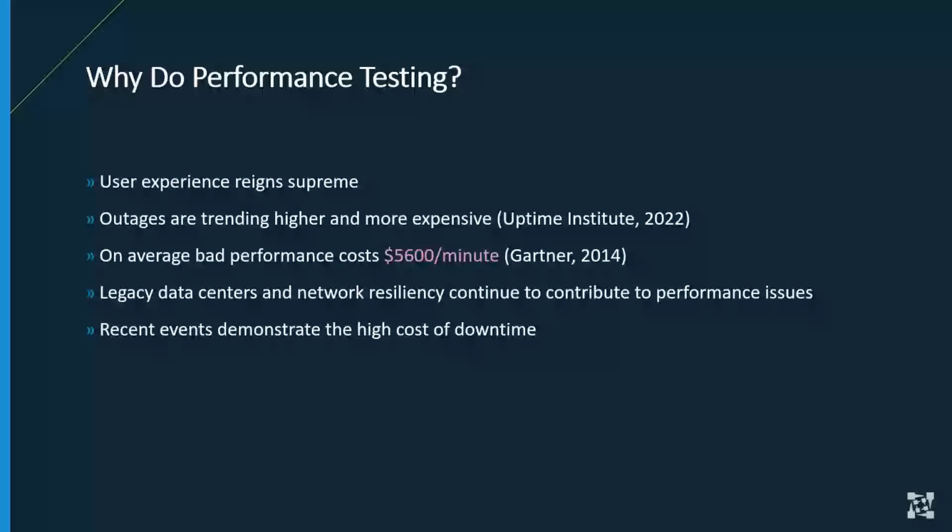Gartner actually quantified the cost of poor performance for an application in 2014, so almost 10 years ago. They pegged that at about $5,600 a minute, or just a little over $300,000 an hour. That is a large number for an hour of downtime. On average,